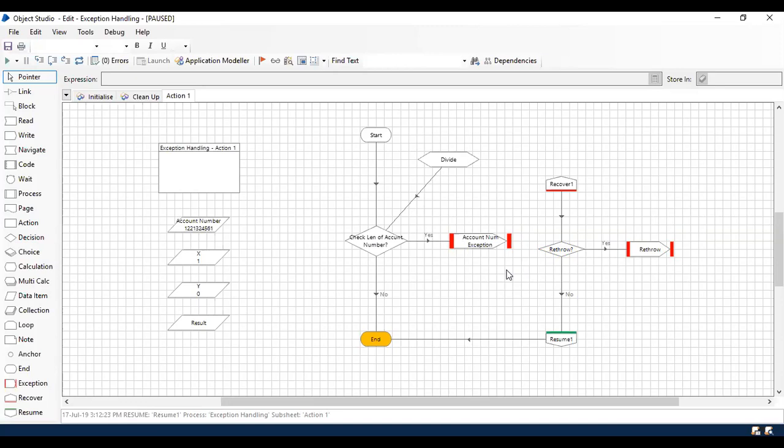If you want to customize any exception which is already predefined in your business flow, you have the option to do that. Or in some cases, if you don't know exactly what is going to be thrown, or something can happen at runtime, you can use the preserve option. But remember that the preserve option should be used only in the recovery mode, which means between recover and resume, so that it will be safe, as recommended by Blue Prism. So that's on the preserve exception type. We'll see more detail about exception bubbling in the upcoming session.